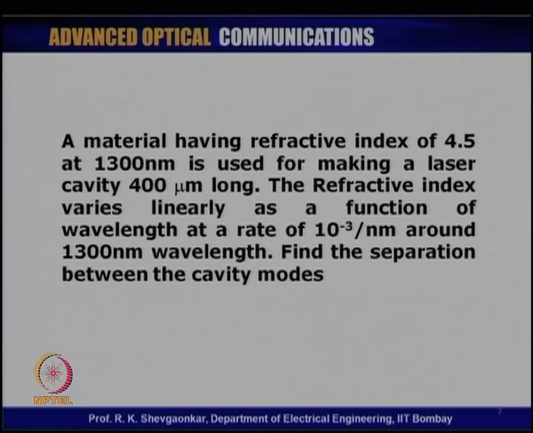So, we have seen the relation for finding out the separation between the lines inside the cavity, but in those problems we have assumed that the refractive index of the medium remains constant as a function of wavelength. Here we are saying now that the material used for creating the laser is a dispersive material because the refractive index is varying as a function of wavelength. So, in this situation we are asked to find out what should be the line separation